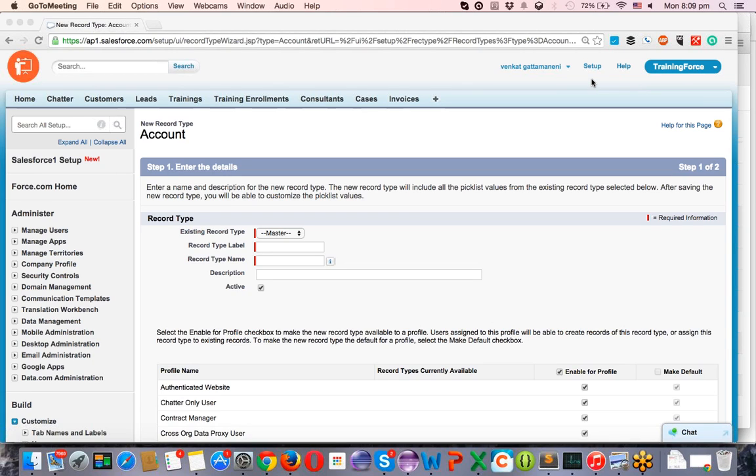Okay, so today we are discussing record types. Record types are generally useful for classifying object data. For example, customers you can classify into big customers, small customers, personal customers, three types of customers with these record types. Now in my current scenario, I am giving the record type label as